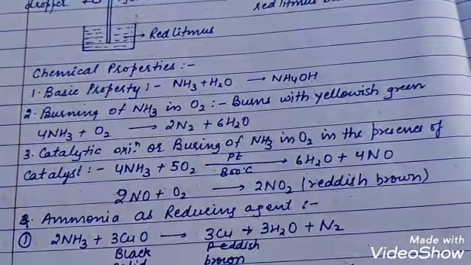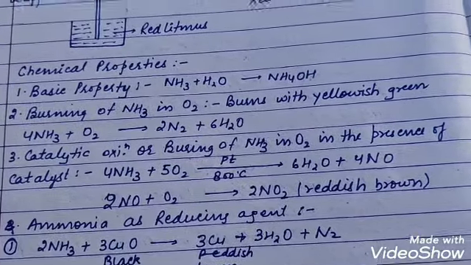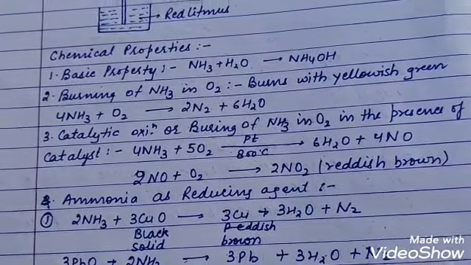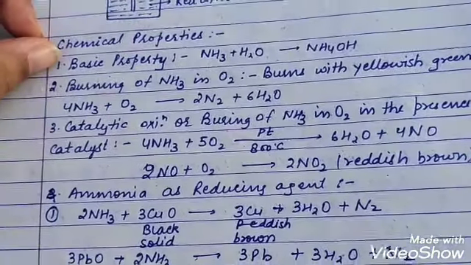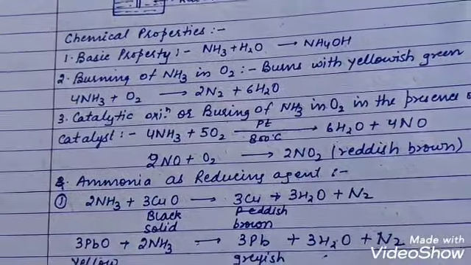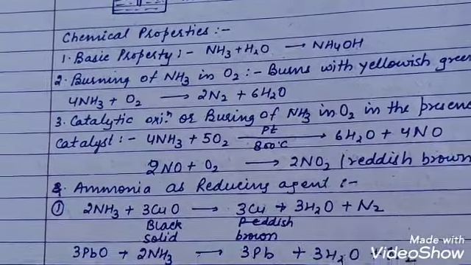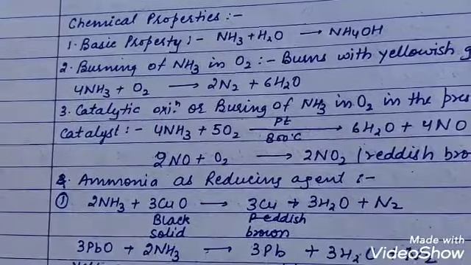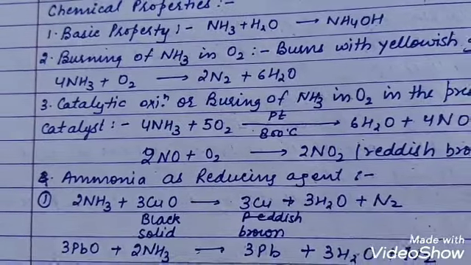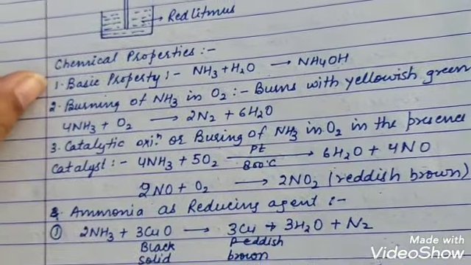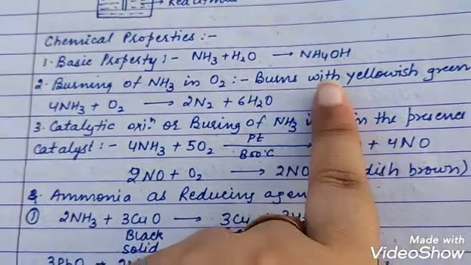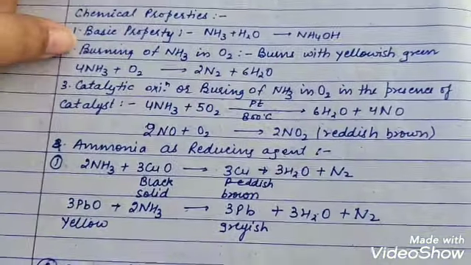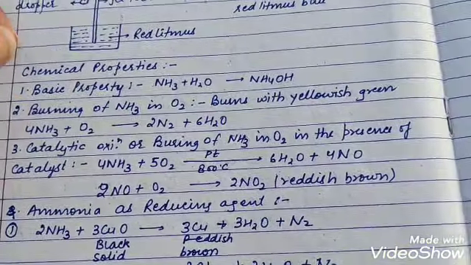In some books, when you go to higher study, it is also written that ammonia is basic because it has a lone pair of electrons. Here it is not written, but in higher classes it will be there. The concept of every scientist is different, so don't worry about it. You should say that the basic property of ammonia is accounted for by the presence of OH minus ions when ammonia is dissolved in water.